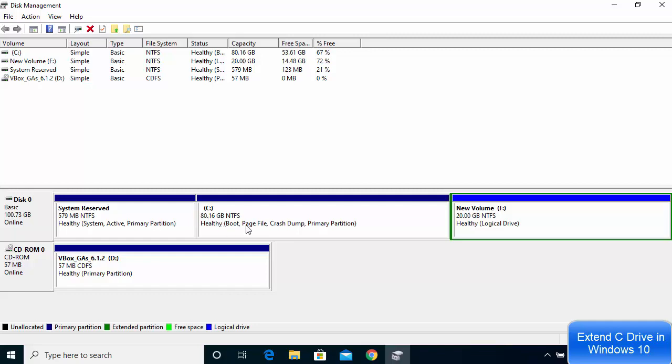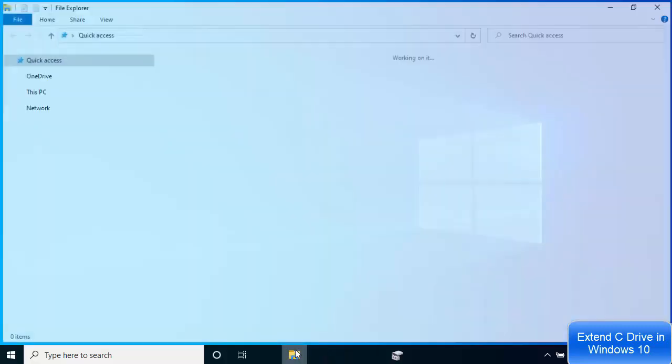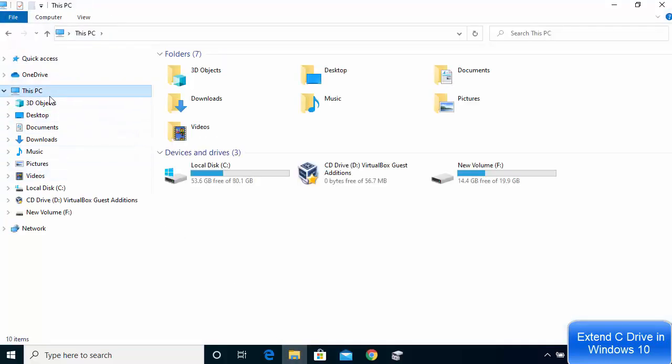to around 80 GB. So I'm going to go to my file explorer once again, and then I'm going to go to my PC. You will see that now I have 80 GB available and 53.6 GB is free out of that space. Okay, so this is how you can extend your C drive on your